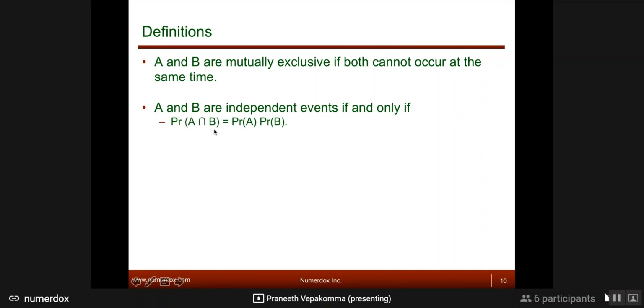So now if A and B are independent events, so independence is very important in understanding naive Bayes. The idea of independent events is that if the probability of two events occurring at the same time is influenced only by their individual probabilities and is represented as a product, then they are independent events. But if there is more to it, if you have other terms, then it's not independent. So basically, me knocking on the door is independent of rain falling as soon as I knock on the door. A is knocking on the door, B is rain falling. So that's an example of independent events.